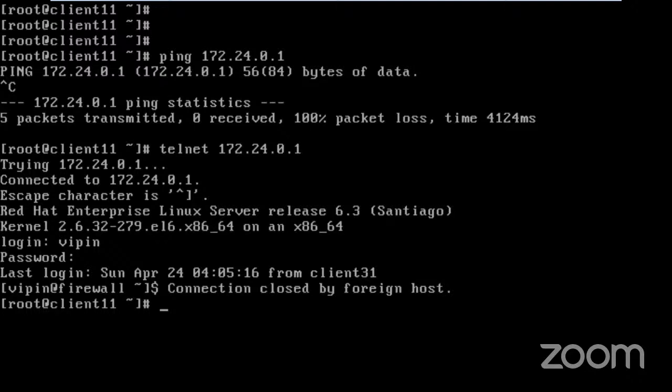And why would any admin like to block ping type of traffic on the firewall? Please remember, 90% of hacking tools first see whether the system is alive or not. So they will try to ping that system. If it is pinging, then they will start. Suppose after almost 1 o'clock, I will be free. So I want to say that after 1 o'clock, I just want to loot some bank, rob some bank. Now, when I have decided that I want to rob the bank, I will go to some bank and I will rob the bank.